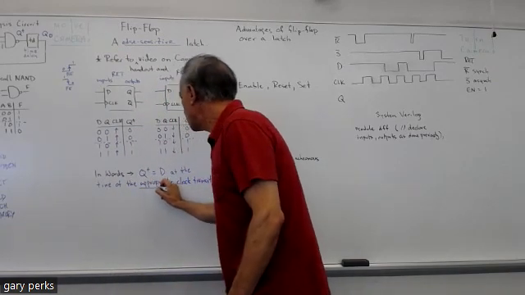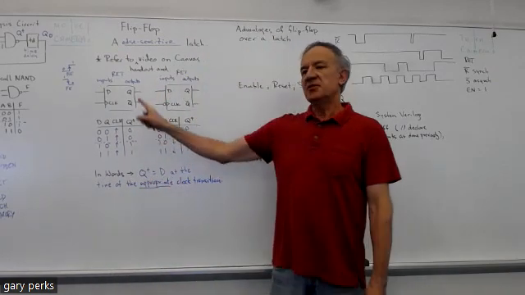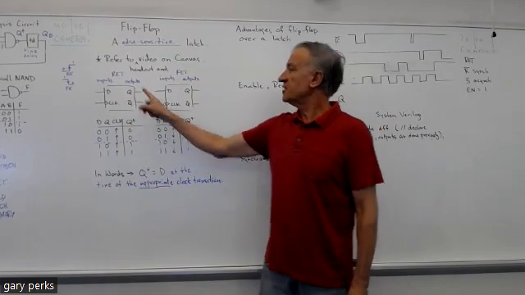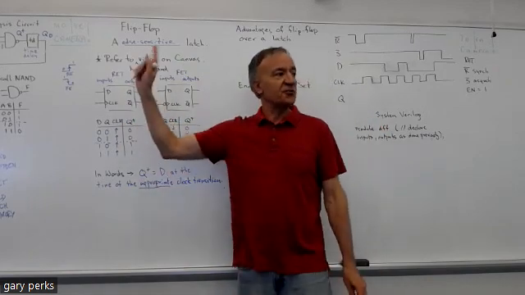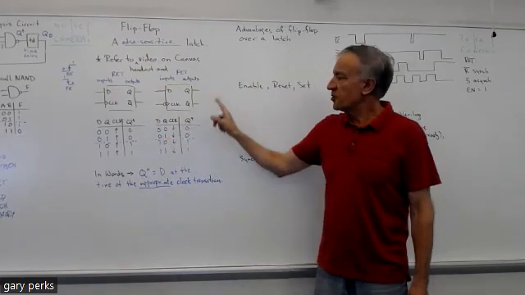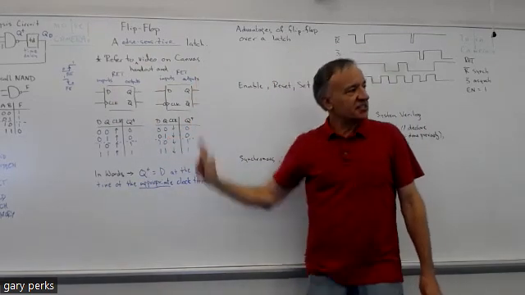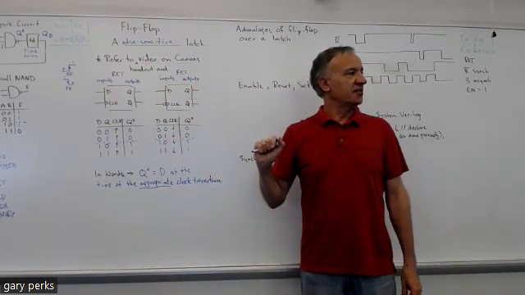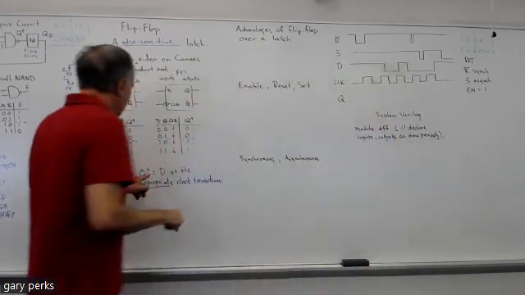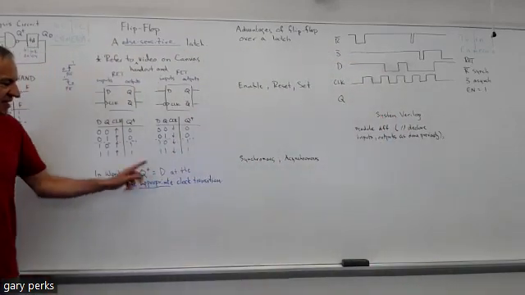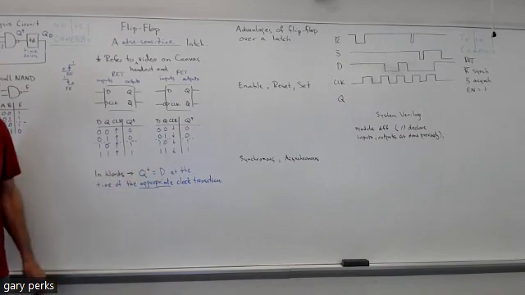And what do I mean by appropriate? Well, the appropriate clock transition for a rising edge is the 0 to 1 transition. And the appropriate transition for the falling edge is the 1 to 0 transition. So the next data Q is only going to equal the input D at the time of the appropriate